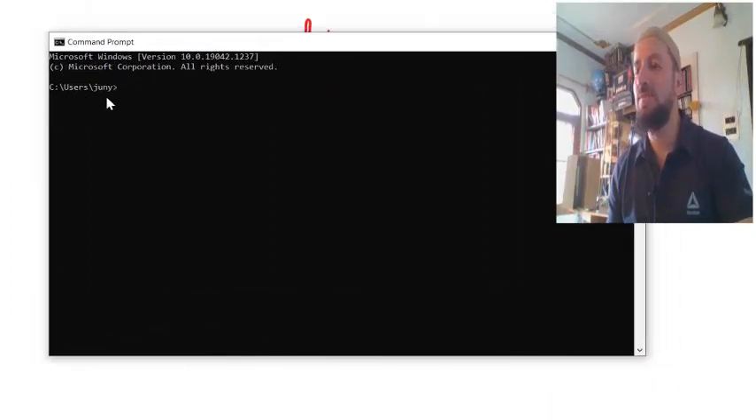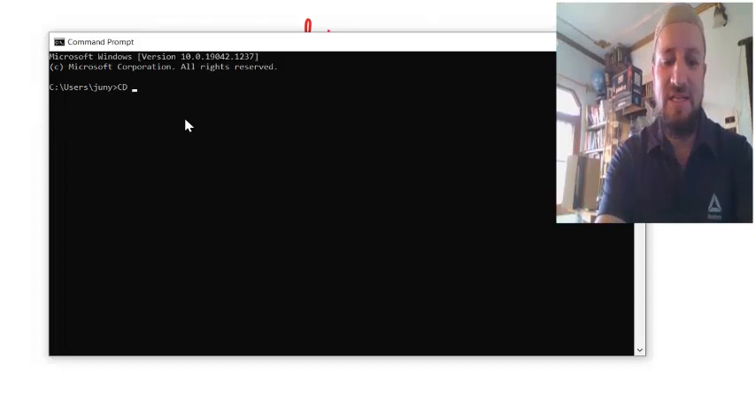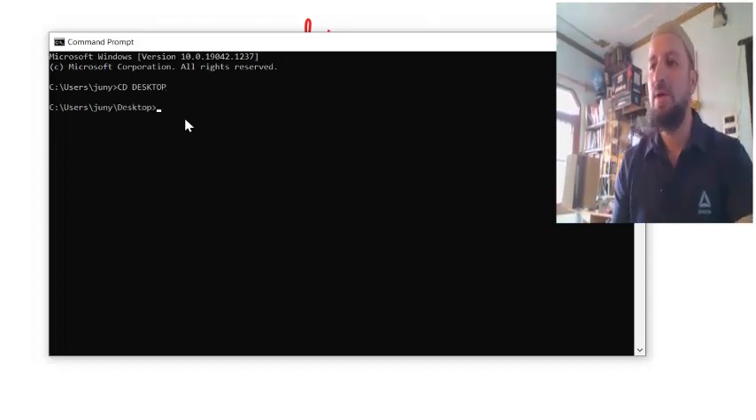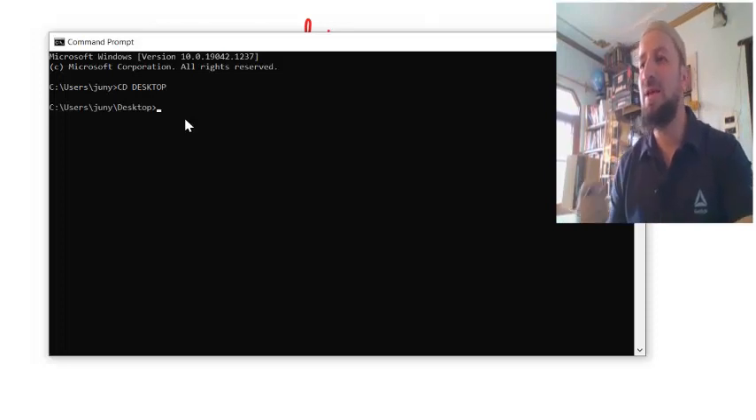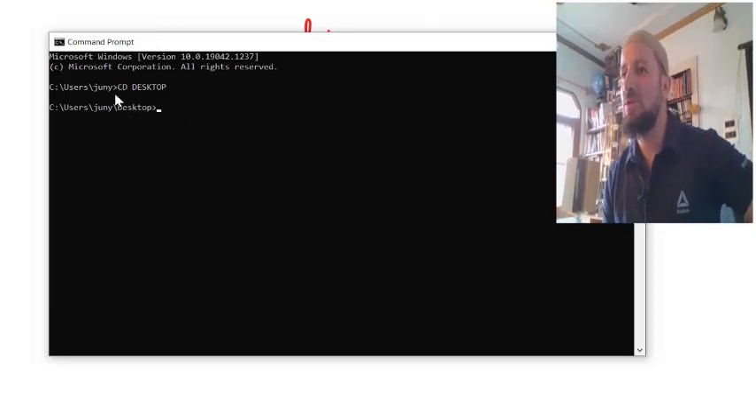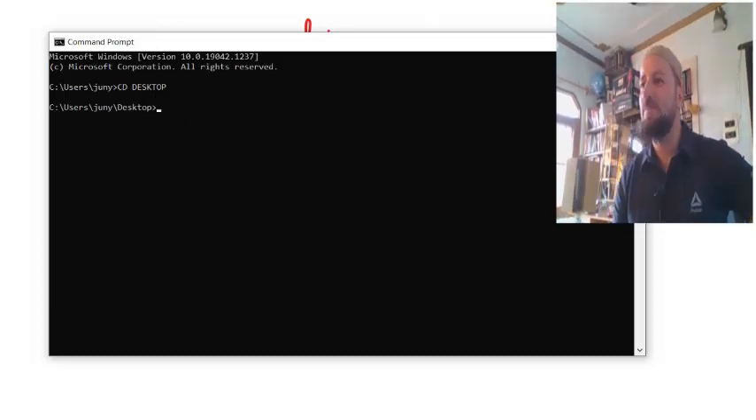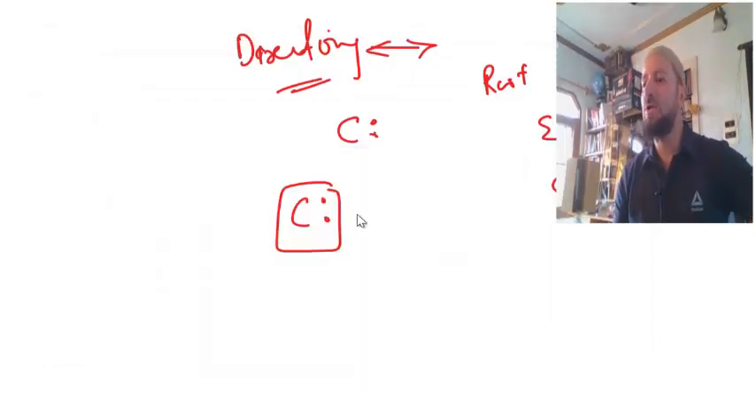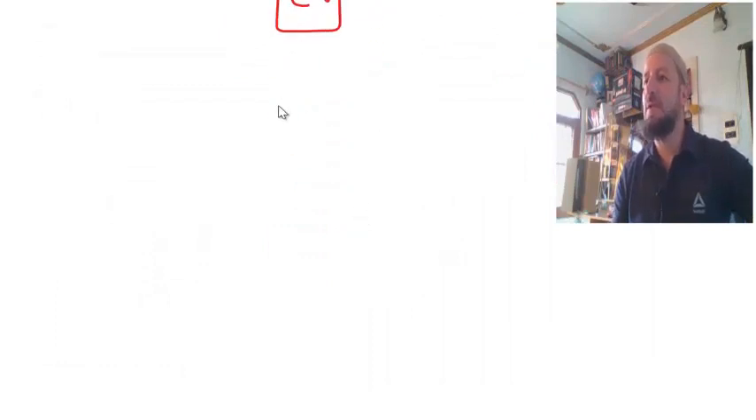Now firstly it shows me C users and Juni. And here I want to go to the desktop. Okay, the desktop I have. So I say CD desktop. Okay, this is the way I go to the desktop. Now if I create any folder here, it will be created on the desktop. So first you should say CD desktop, you go to the desktop, and here you create a folder called